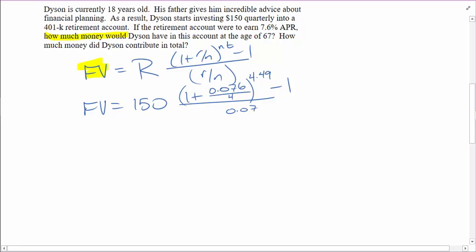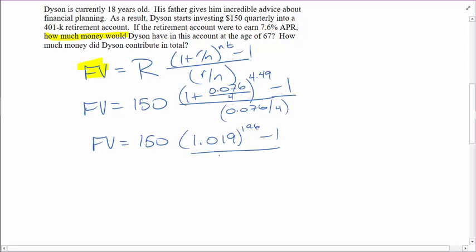In the denominator, I have the 0.067 divided by the 4. This is going to require some computation in our calculator. I would first determine what the quantity inside the parentheses is going to be, and that's going to be 1.019 to the 196th power minus 1 divided by 1.019. I can then take it to the 196th power, subtract 1, divide appropriately, and multiply by 150. I should get a future value of